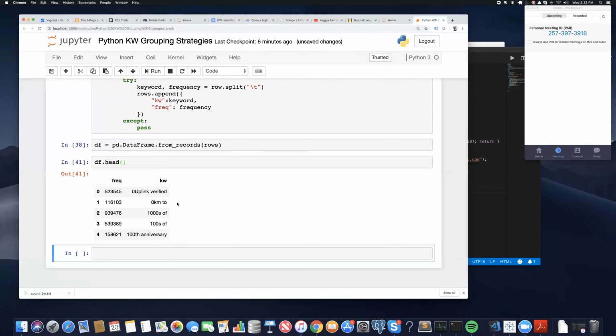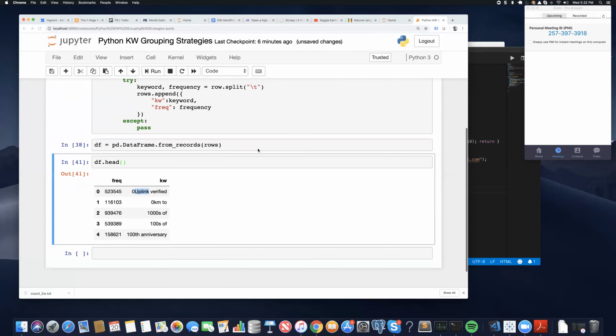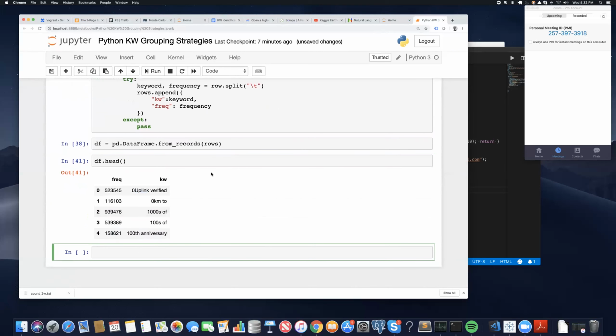So now what do we want to do? We kind of want to, well, I need to group by the first keyword in this data set, right? That's my overall goal. So one way I could do it is just create a new column which contains that keyword. So what I'll do here is I'll say something like df first term is equal to df